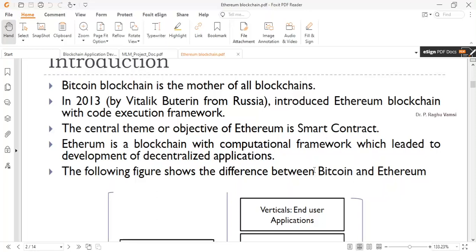In the Bitcoin blockchain also a code execution framework is there, which is called Bitcoin script. That is in machine instructions, like machine language, opcode, and that cannot be written by normal users. That is already inbuilt in the system itself. So there also this kind of execution is there, like identity verification, signature verification, miner verification, these kinds of checks. For that, the blockchain framework consists of code checking or code execution,